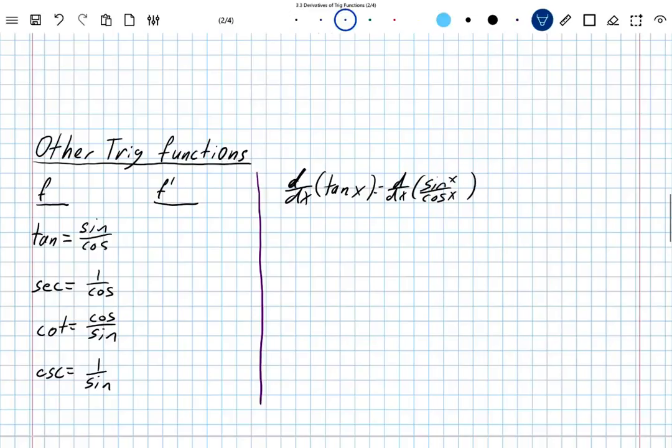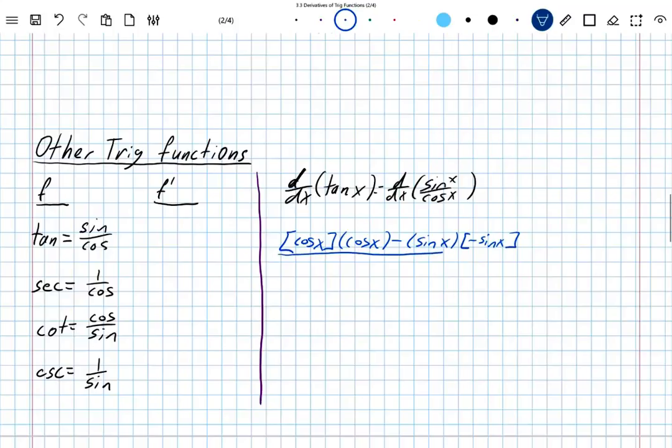Let's do our quotient rule on this. So I would take the derivative of sine, which is cosine. Leave the cosine alone. Minus, leave the sine alone. Derivative of cosine is negative sine